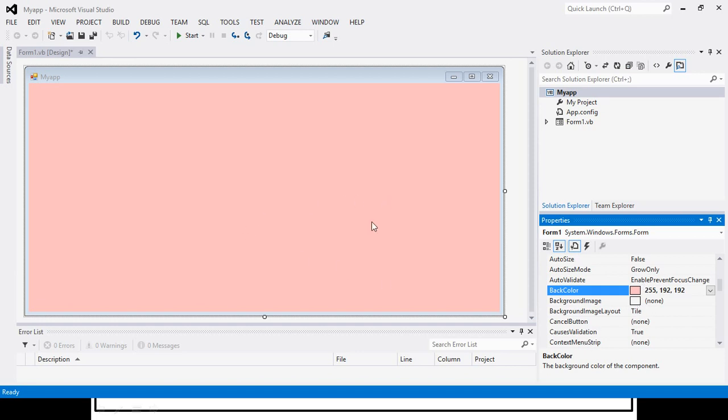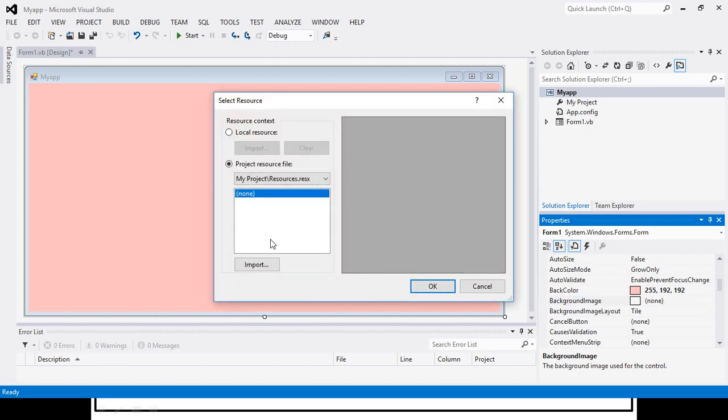Okay, so this color can be selected. Now we can also put an image in the background. So I can put the image by clicking at this property, but out of back color and background image we can select only one.